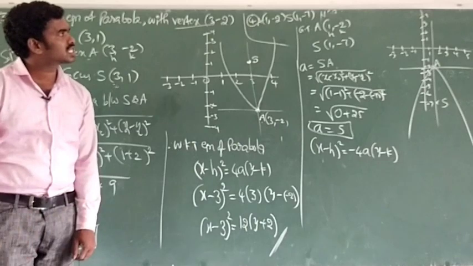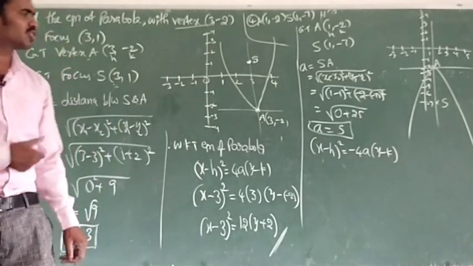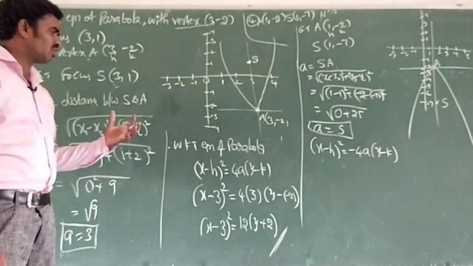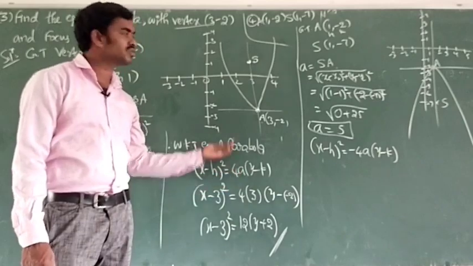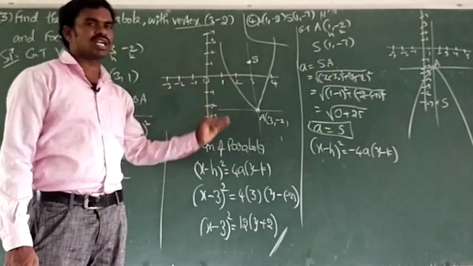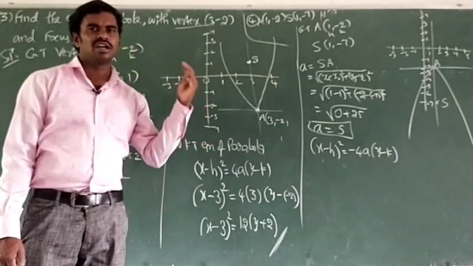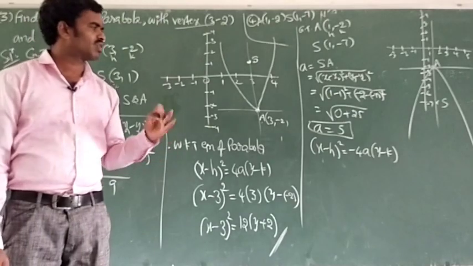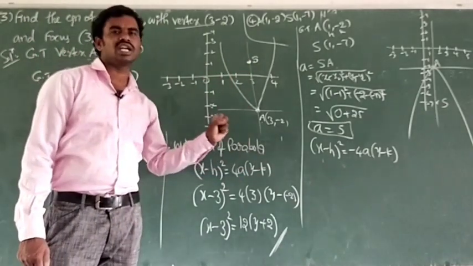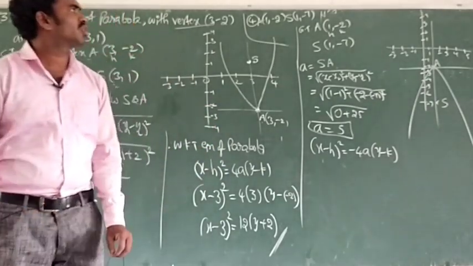Okay, let us enter into the fifth question. Small questions. We just have to know what the general equation of the parabola is by using the graph. By this type of graph, what is the general equation? That we have to remember, by heart or by practicing. By observing the diagram, we have to say what the general equation of the parabola is, and then we can proceed. Okay, so let me go to the next problem.